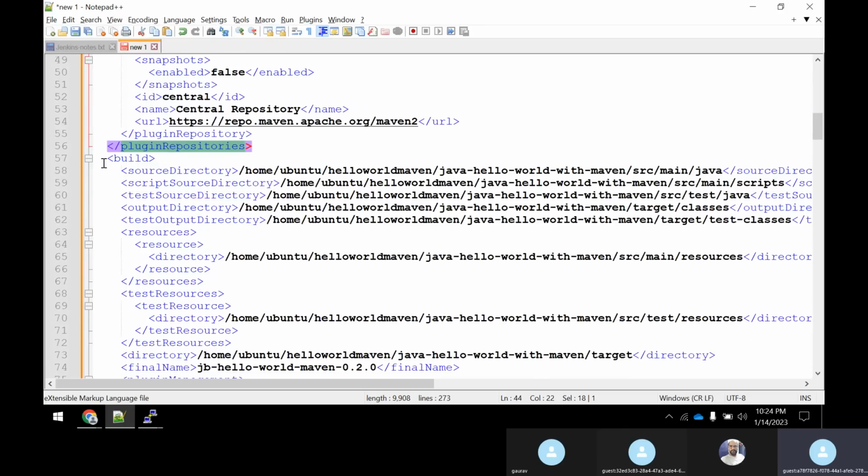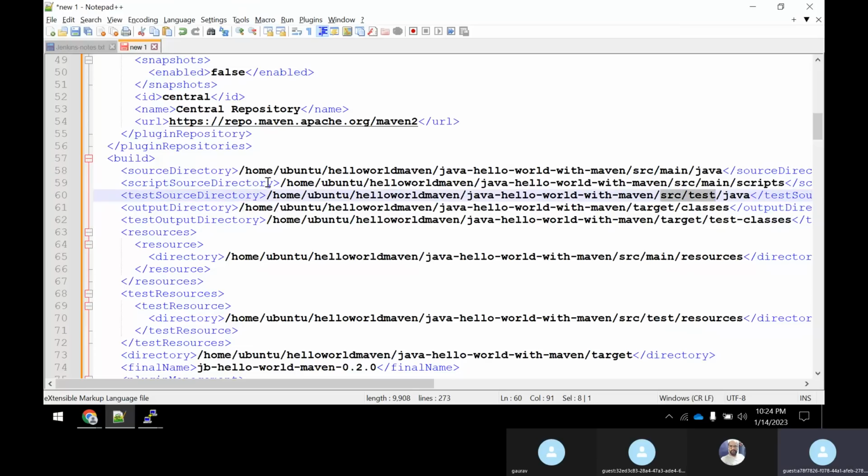Now, after that, you could see that there's a build section. So what is the source? Where is your source? See, /home/ubuntu/helloworld-maven/src/main/java. Under this path, all your source code is there. It means that the developer has written this source. So all the main scripts which are required are under this path. What is the test source directory? It is where exactly all the unit tests written by the developer are placed. So the unit tests are written under src/test. This is the main thing which we need.